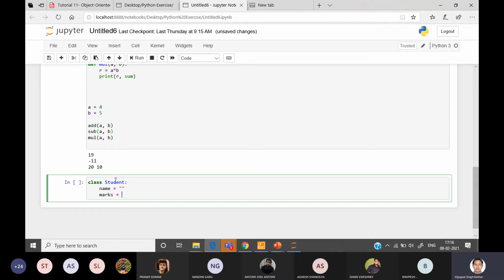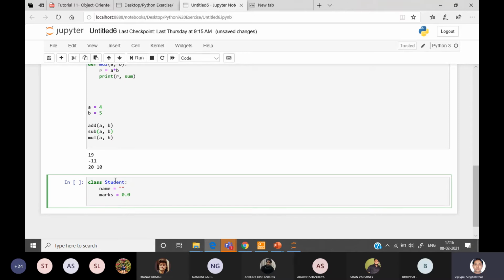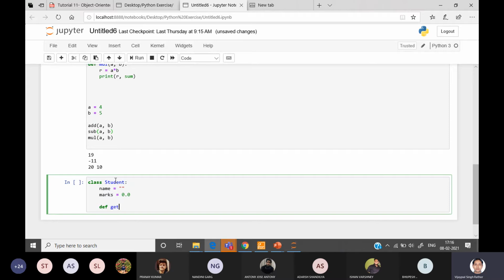Roll number I'm not taking right now. Marks, if I'm assigning it as 0.0, it will work as a float. Now I'm creating a function, def get info.